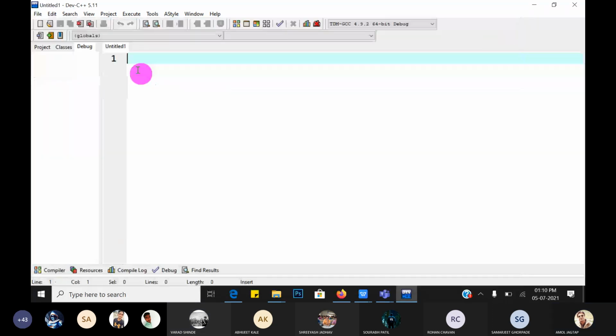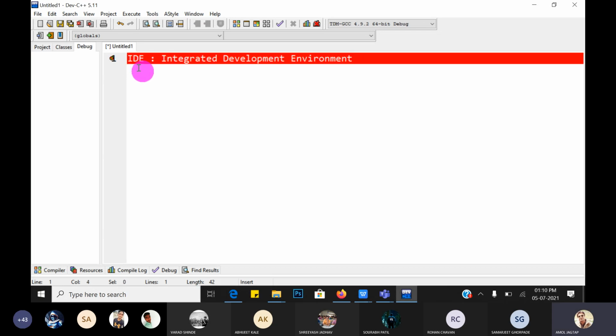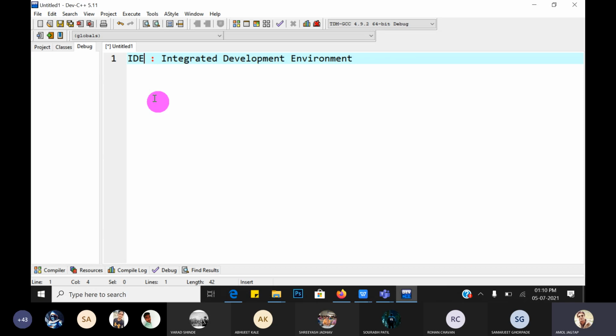IDE stands for Integrated Development Environment. So IDE exists everywhere: C, C++, Java, C Sharp, Python and other languages, each and every formal language has its own IDE, Integrated Development Environment.